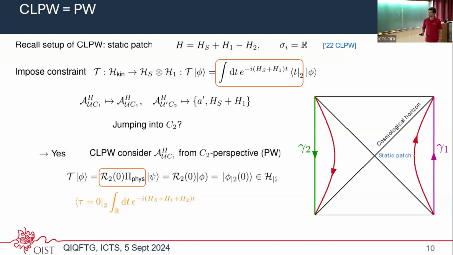And you can also see this as kind of an inverse way of, if you compare both maps, then this T-map first conditions on clock 2 and then integrates over the whole gauge group, while this map here, which we call the Page-Wootters map, actually first integrates over the whole gauge group and then conditions on clock 2. So you could see it as a commuting diagram where you first gauge invariantize or you first condition on the value of clock 2.